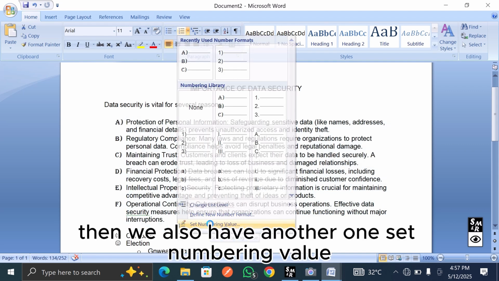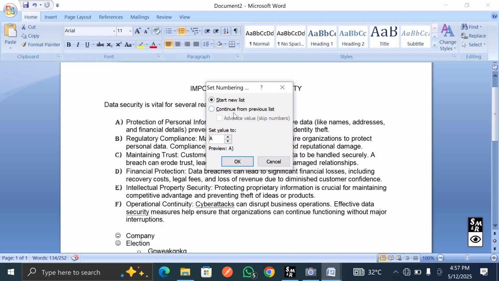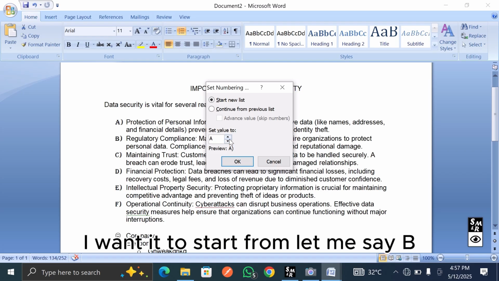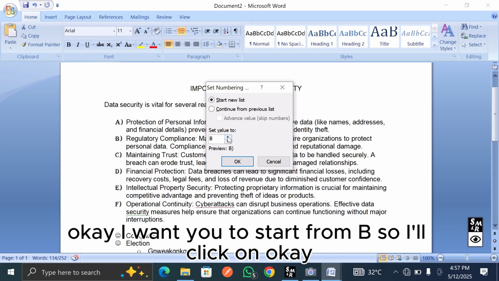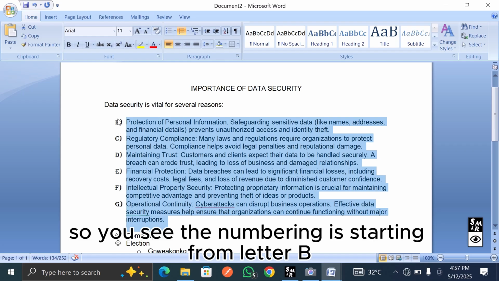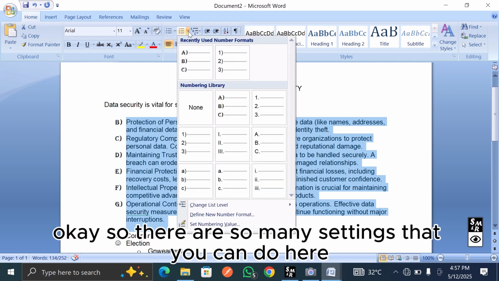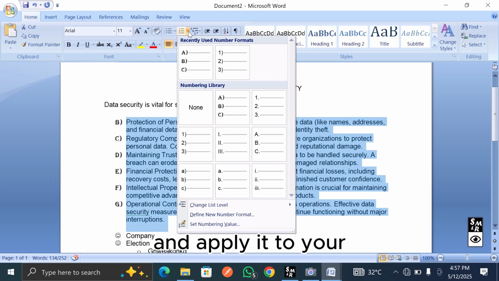Then we also have another one, set numbering value. Start new list, continue from previous. I want it to start from, let me say, B. Okay, I want it to start from B, so I'll click on OK. So you see the numbering is starting from letter B. It's not starting from A, it's starting from letter B. So there are so many settings that you can do here and apply to your